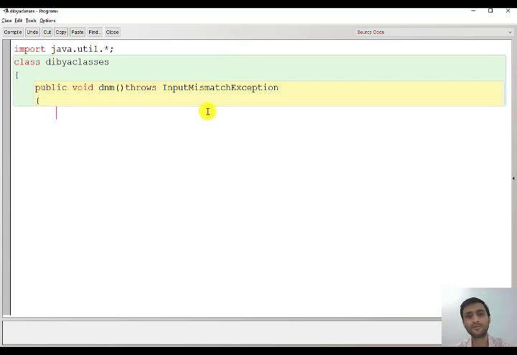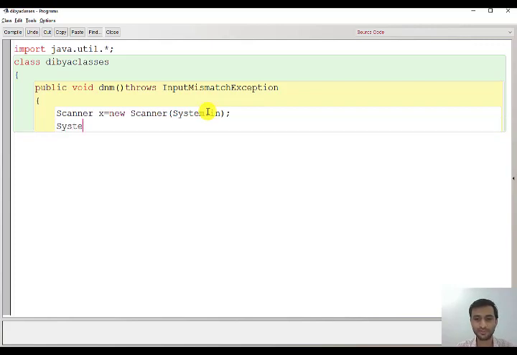Now, before taking input, you have to do what? You have to write the Scanner line: Scanner x = new Scanner(System.in). Then you have to print the menu, or else how will the user know what choice to give? So you have to write the print statement, and even the print statement is compulsory before taking input. So, enter your choice.